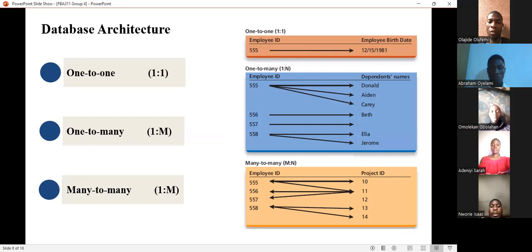the database architecture. When you hear the word database architecture, it is a representation of database system design. It helps to design, develop, implement, and maintain the database management system. Then, from our table here, we see